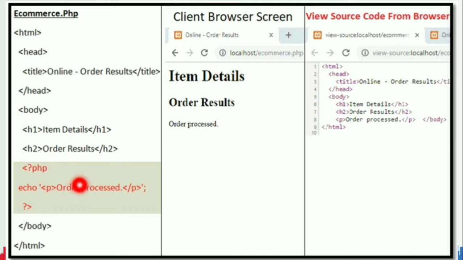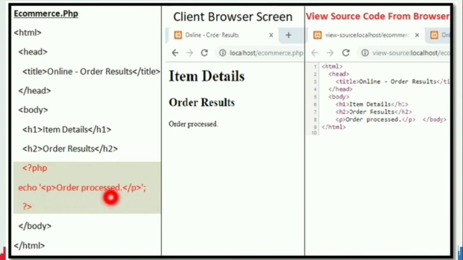And then they have inserted PHP code. So look at the code. They have used default syntax, open angular bracket, question mark, PHP, and there is only one printable statement, that is order processed. This they have mentioned in a paragraph tag. Look at the line carefully. The echo statement is the output statement. Inside this they have mentioned a paragraph tag.